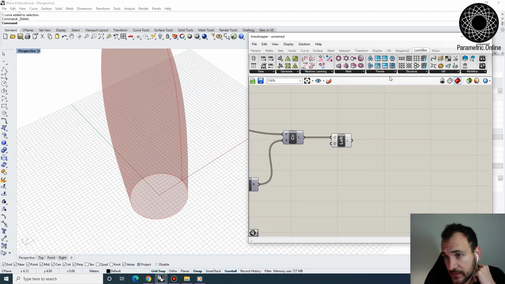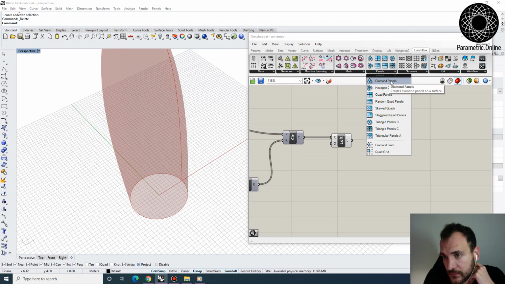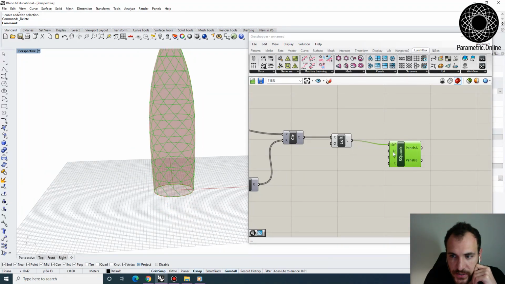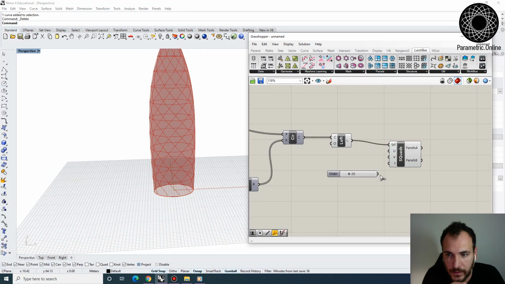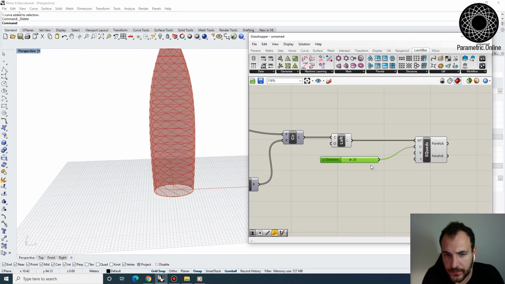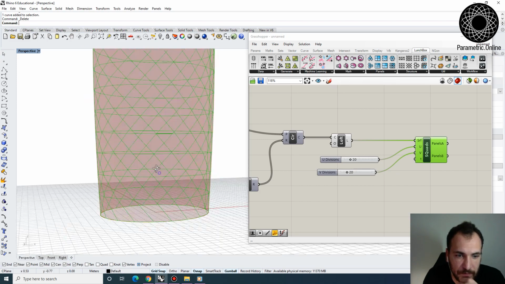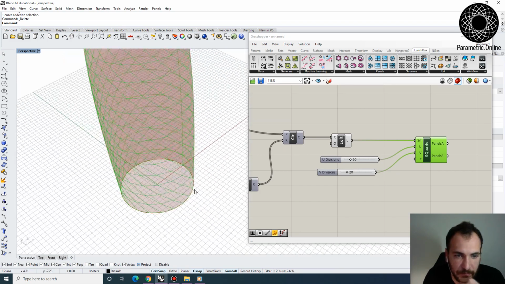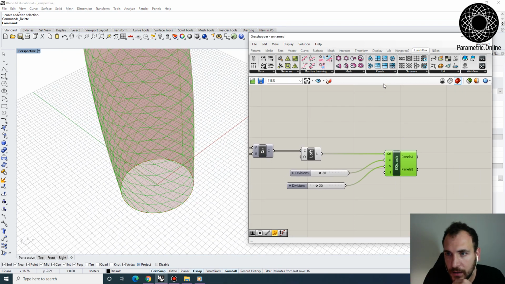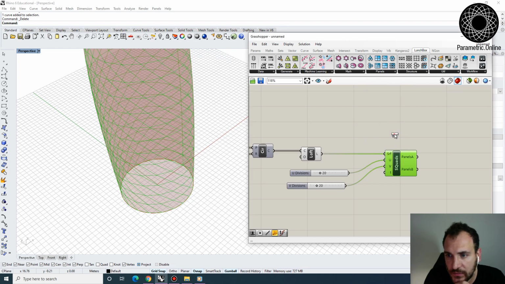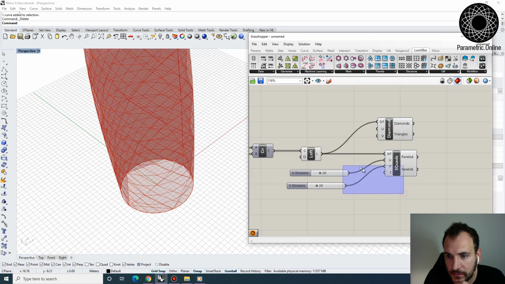For this exercise I'm going to use the diamond panels, but you can also check out some of the other paneling tools like the skewed panels and change the U and V numeric count, and you would get different numbers of panels. Depending on the type of shape you want to use, the type of panels might change. Maybe these are twisting as well, maybe your circles are twisting. However you want to define it. You can also try out hexagon cells, but we're going to do this exercise with the diamond panels. So I'm going to